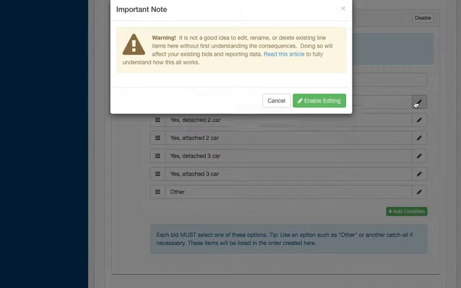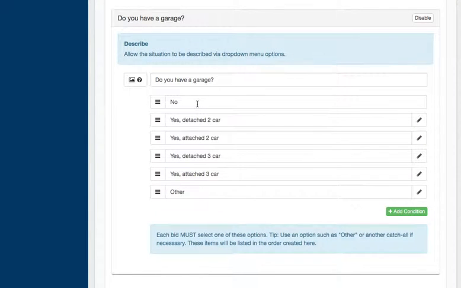Again, if you need to edit, you can. Just keep in mind that when you edit, you never want to change what something means. You would only want to change what it says. And the reason I say that is that if I change "yes, detached" to "car", and I change